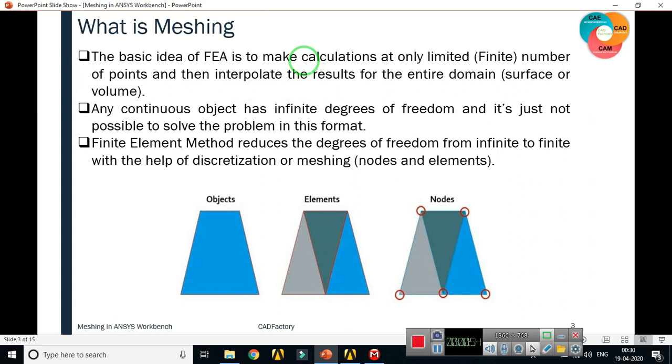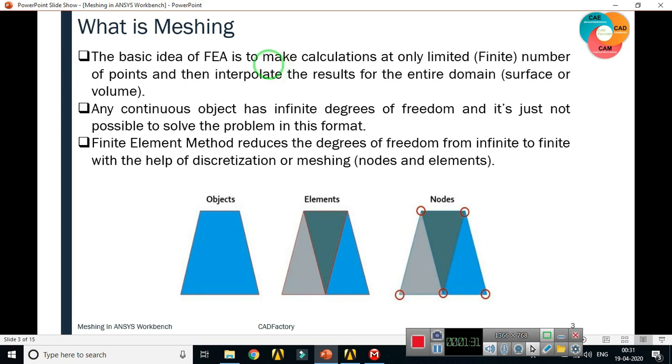This is very difficult for a body with a continuous structure, which has infinite degrees of freedom, so it is not possible to solve the problem directly. Therefore, the finite element method reduces the degrees of freedom from infinite to finite with the help of discretization, or we can say meshing, that is nodes and elements.